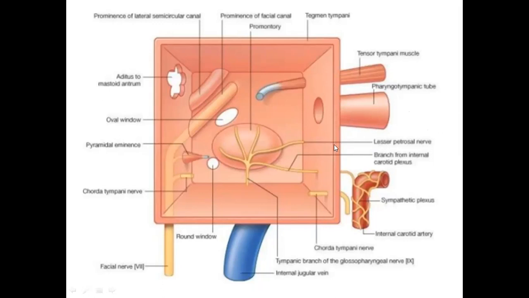So the anterior wall separates the tympanic cavity from the carotid canal, which contains the internal carotid artery and some carotid plexus over that, the sympathetic plexus. I already told you the superior cervical ganglion will give an internal carotid nerve, which contains the postganglionic sympathetic fibers, which form a plexus around the internal carotid artery, and this plexus will give a nerve which contributes in the tympanic plexus. So this we will discuss right now.